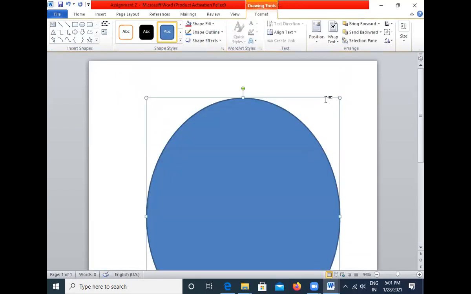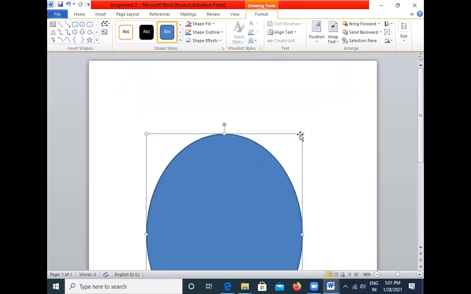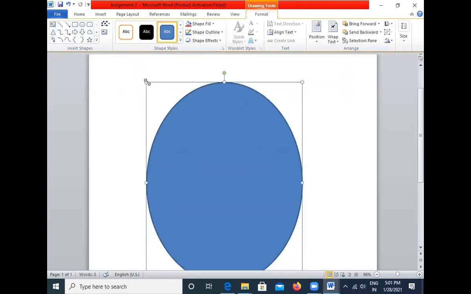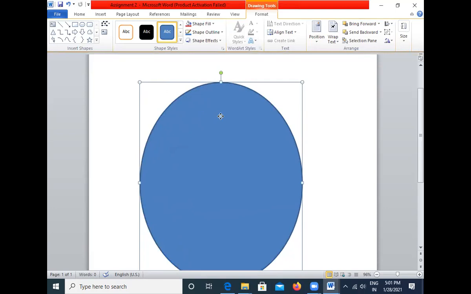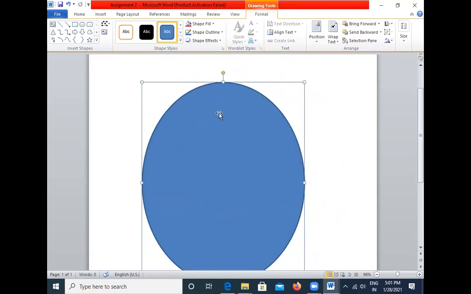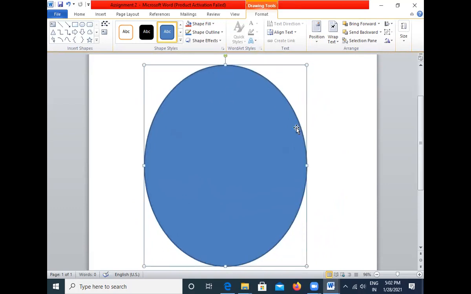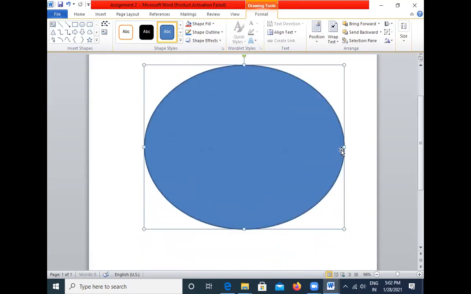According to the requirements, we can resize it if you want. To resize this, just hold your mouse cursor, and then you can decrease or increase the size. If you want to place this in a different position, with your left mouse click, select this, and like this you can rotate it and keep it on the document wherever it is required. So we'll reduce the size, and like this we can widen this.